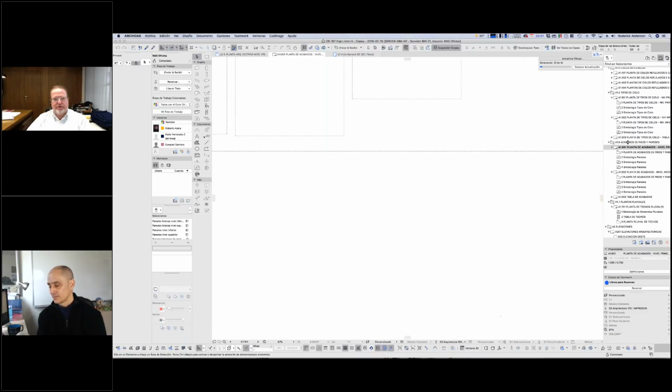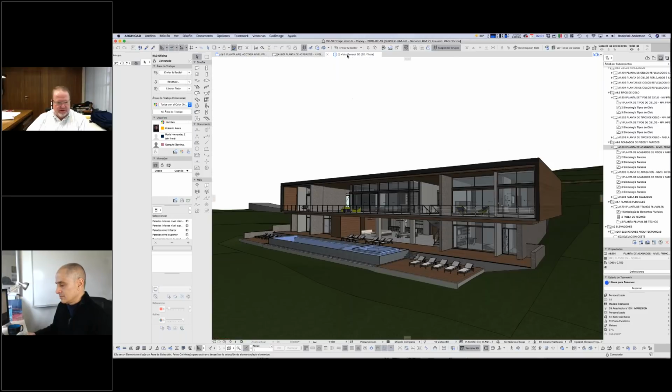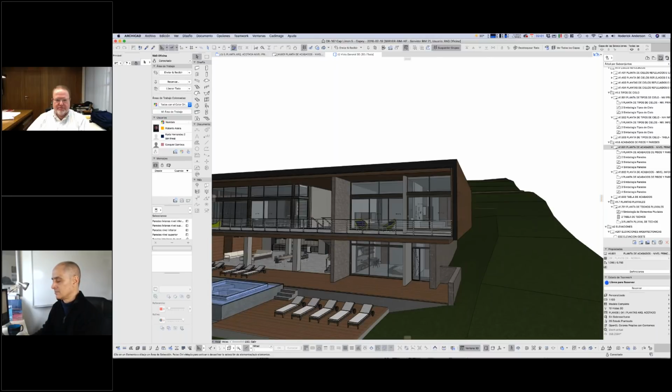Sure. I'm opening up one of our finished plans, but let me navigate here under 3D first. I think this will be more representative. Give me a second. I have a beach ball here for a moment. There we go. So if we just fly into one of these bathrooms,